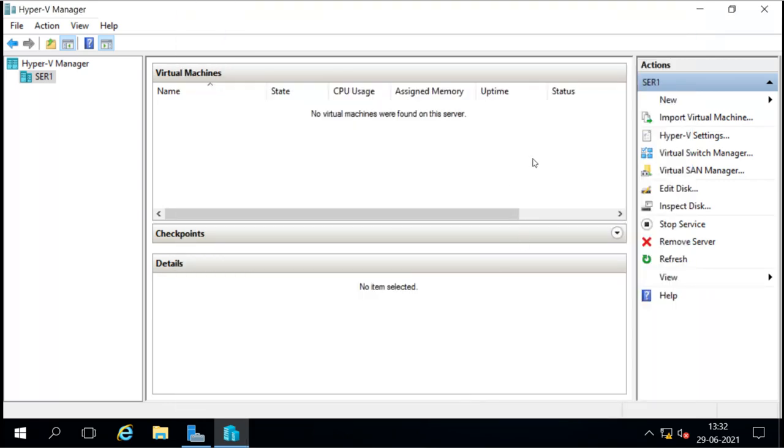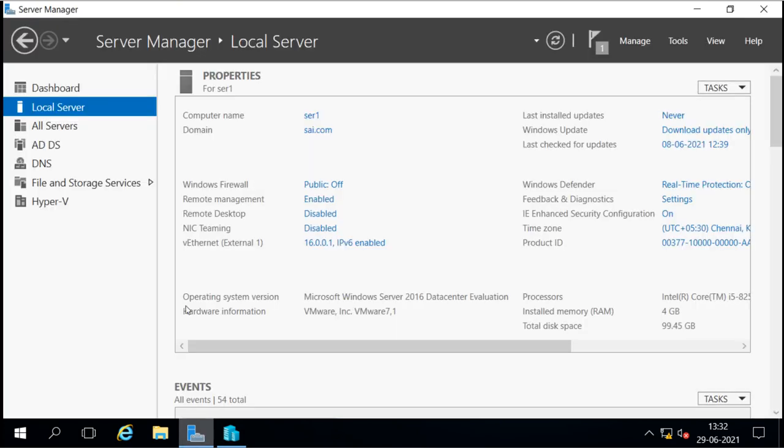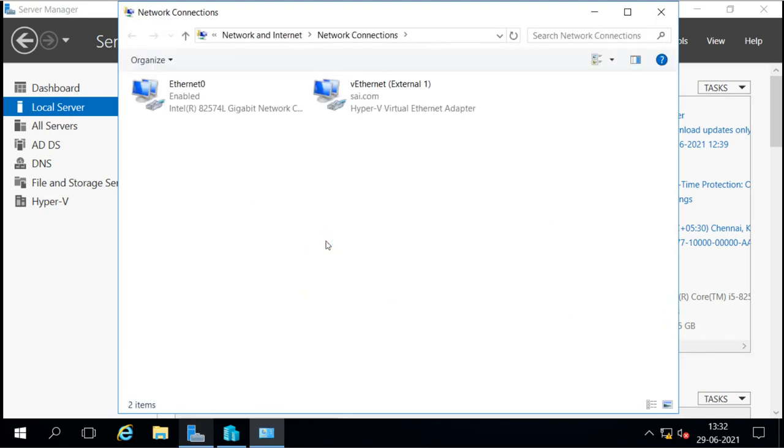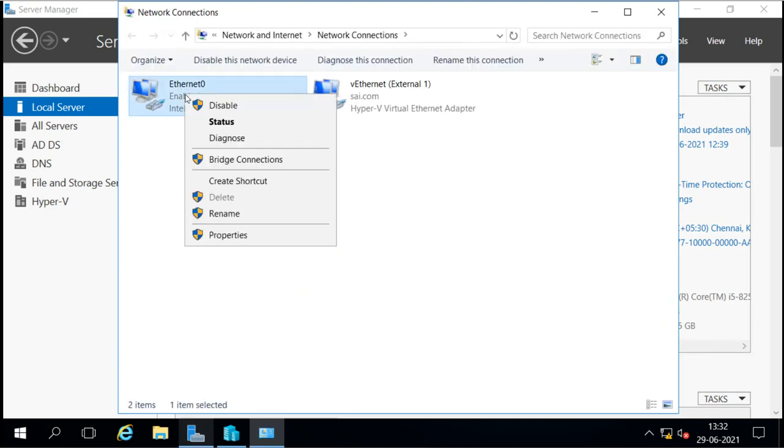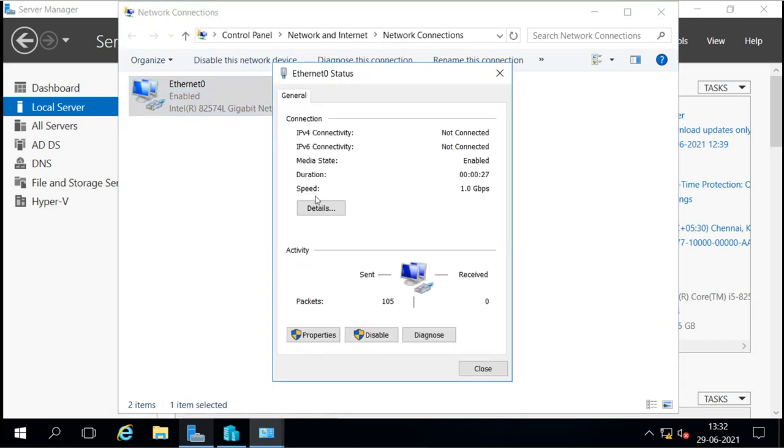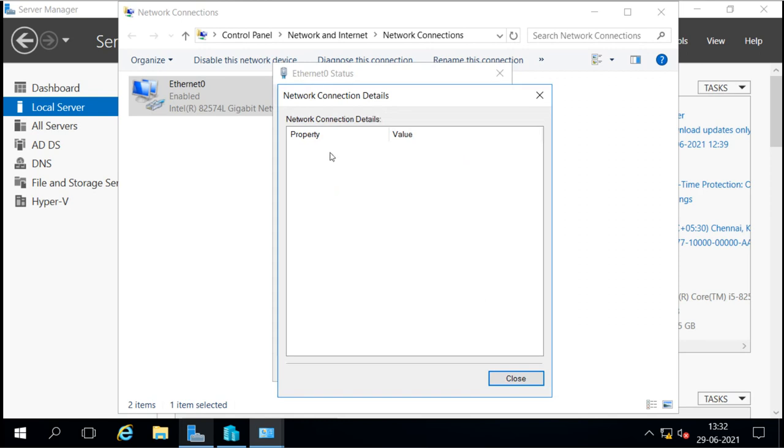Now it is there. Now what it has changed here: if you go to the real machine and check the adapter, you can see that this is our real physical adapter, and if you go to see the status details, you can see there are no configuration details here. Why?